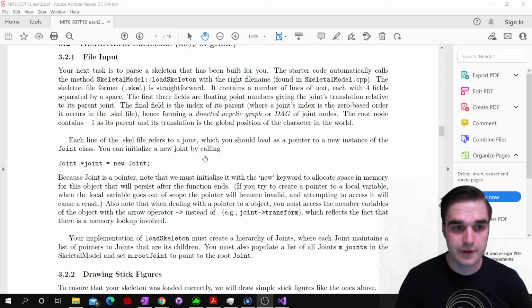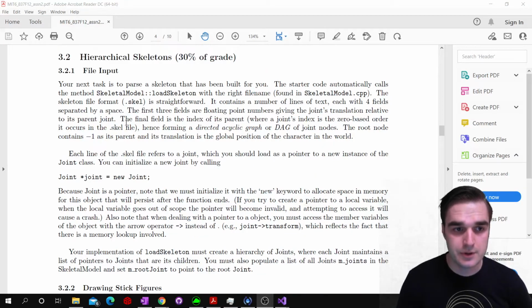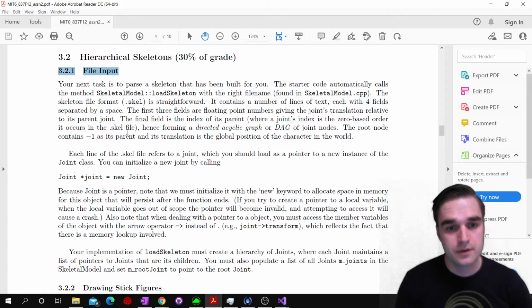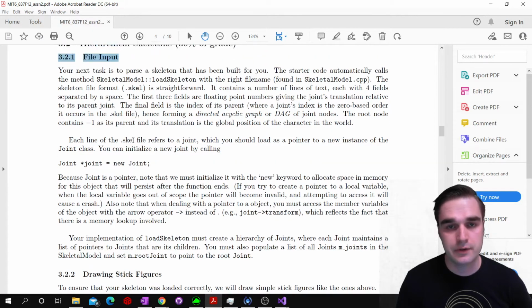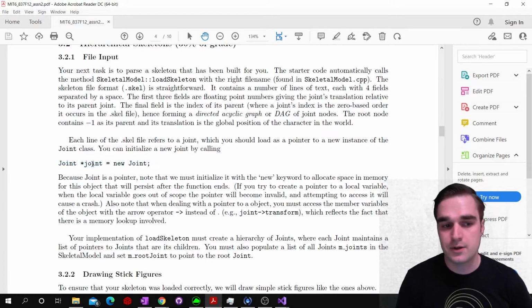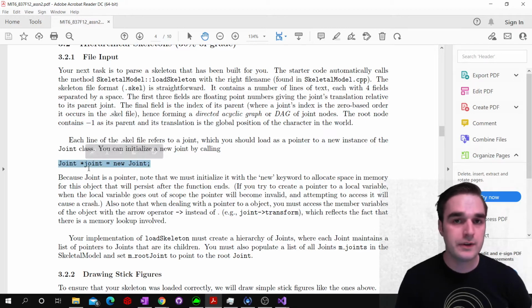All right, so let's talk about the next step, which is 3.2.1, the file input. This section is actually pretty much a refresher of assignment 0. A lot of the tricks we're going to use here are straight out of assignment 0 when you had to read from an input file. The only new thing we're doing is they already have a joint class defined for you, and you're going to be using pointers to memory